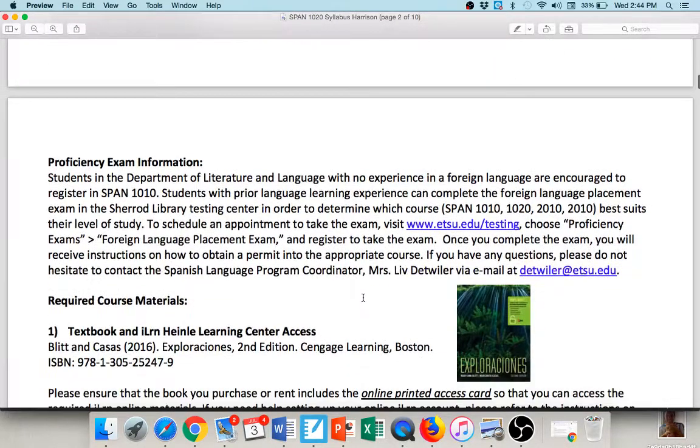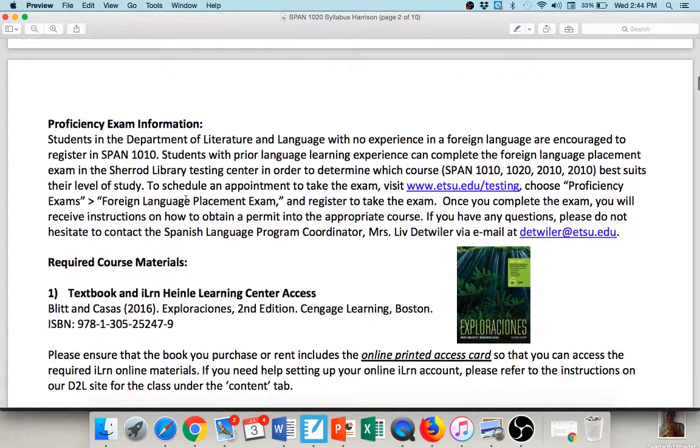So we talked about that a little bit. Speaking of all this Spanish 1, 2, 3, and 4, if you feel that you are in the wrong course, if you feel after looking over the syllabus and the topics that we're going to cover that you already learned this and already know how to do this, you can take a proficiency test in the shared library, and it will allow you to test out of Spanish 2 and go on to Spanish 3. We don't want you to be bored by any means, okay?